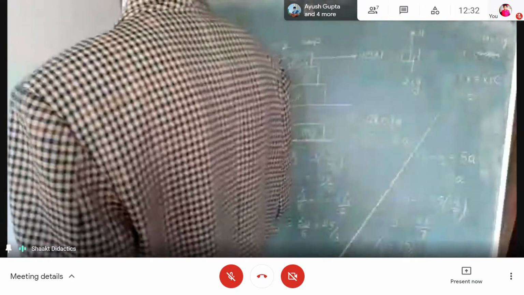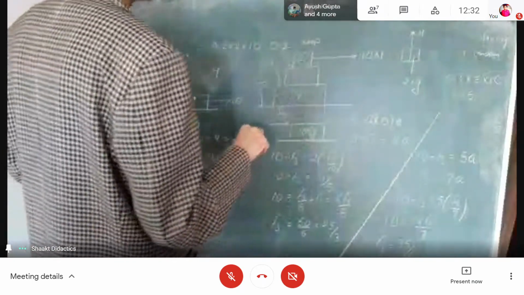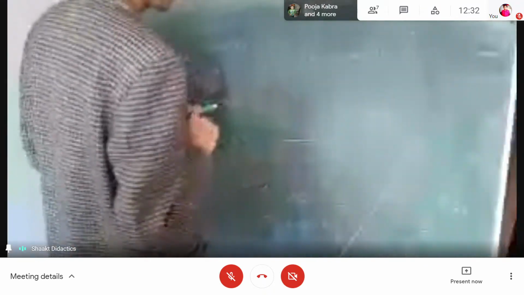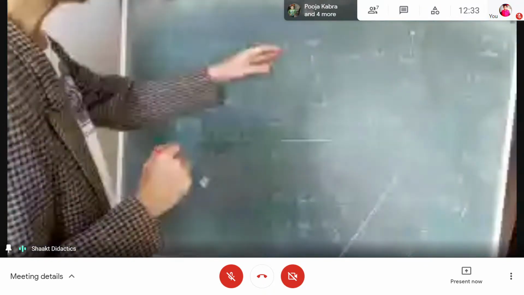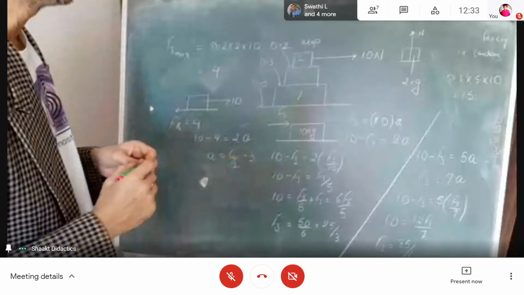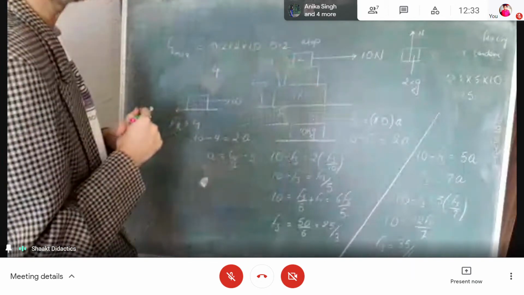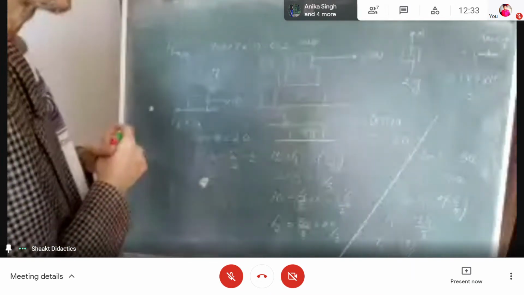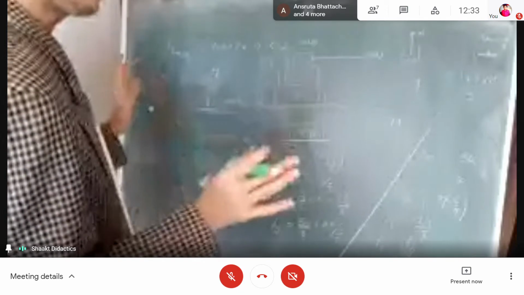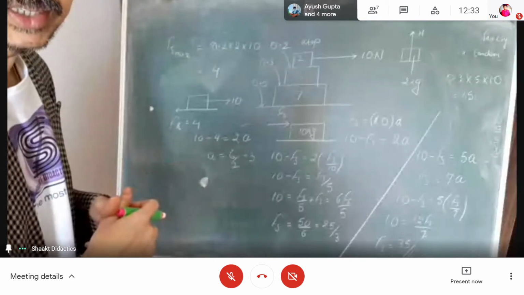Now, we are not done as yet, because the question has also asked what acceleration they will be moving with. For 2 kg, we got that it will be moving with 3 meter per second square. As far as 7 and 3 are concerned, we got that they will be moving together, correct, class? But we are yet to get the acceleration, right, class?